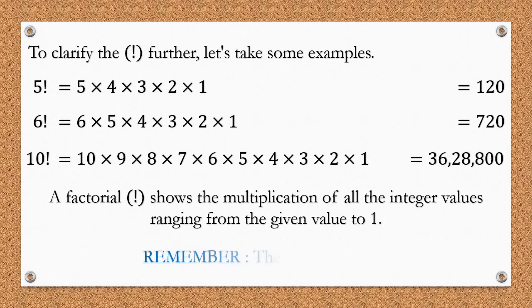But do remember one thing, that the value of 0 factorial is 1. We will never take a negative factorial value, we will always take a positive factorial value. So when we talk about 0 factorial, it basically means 1. 1 factorial is 1, just 1. 2 factorial is 2 into 1, 3 factorial is 3 into 2 into 1, 4 factorial is 4 into 3 into 2 into 1, and so on. But 0 factorial is just 1. So keep this in your mind, 0 factorial is not 0, it is 1.